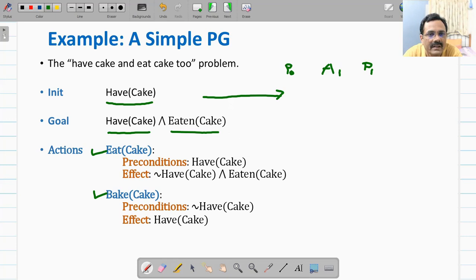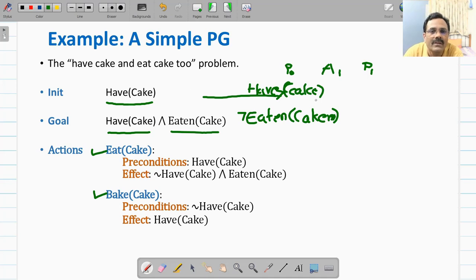You can represent not eaten cake in this P0, because initially we know that cake is not eaten, so not eaten cake you can have in this P0. So these two prepositions are true initially.